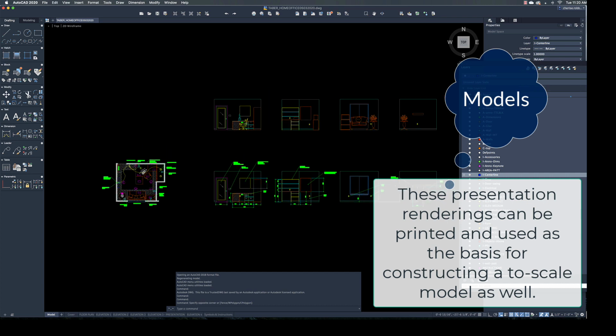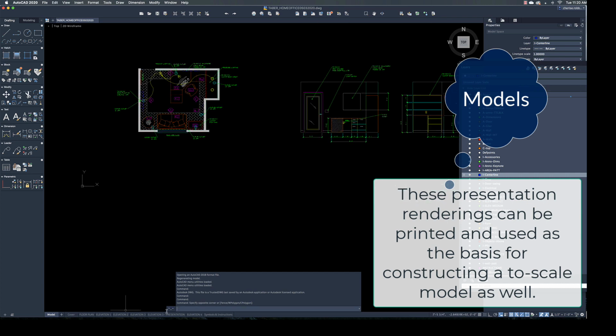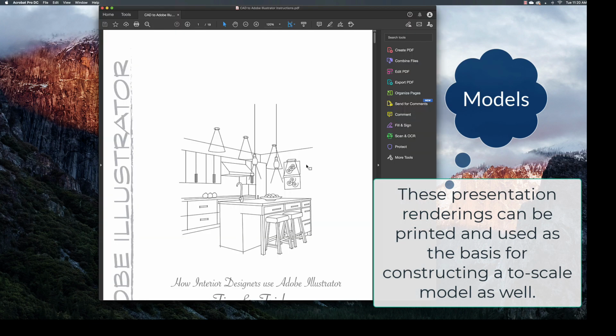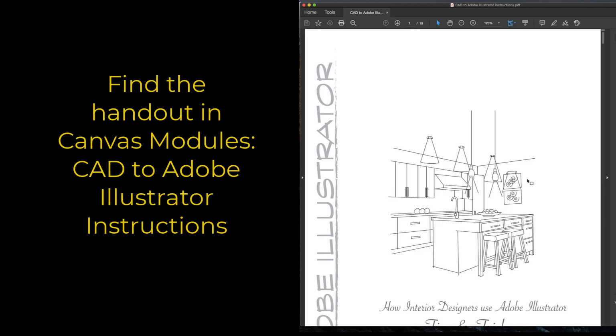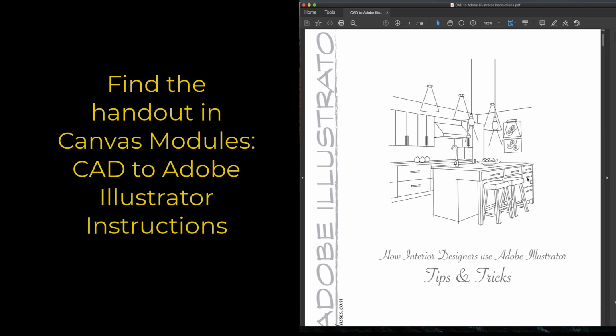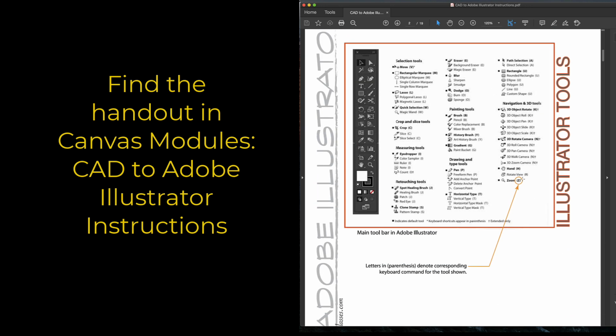Okay, so to get started, there are a couple of things that I want to draw your attention to. There's a handout in the modules. It's called CAD to Adobe Illustrator Instructions. It's a rather lengthy PDF file. You don't necessarily need to print it out, but the page that I think might be handy for you to print out is page 2,